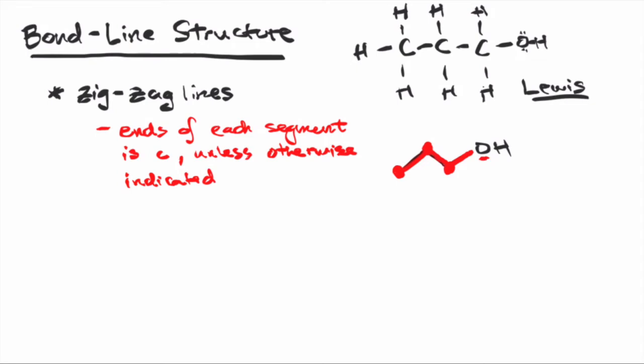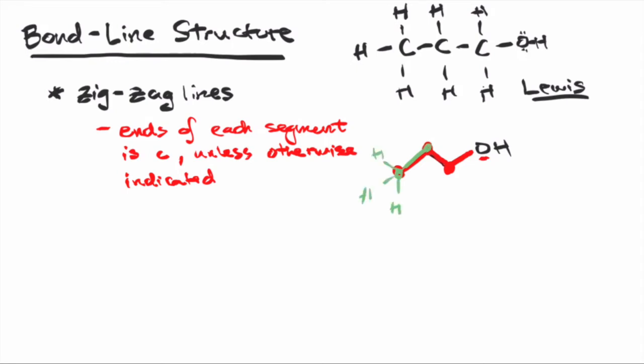Also on a bond line structure, hydrogens that are connected to carbon can be ignored and are assumed to be present. And this is why it's good to know the patterns of bonding in organic chemistry. Remember we said that carbon is tetravalent? That means it has 4 bonds, right? If we take a look at this first carbon here, it's already connected to 1 carbon, so it must be connected to 3 other bonds. So if nothing is drawn in, then you can assume that those 3 other bonds are hydrogens. So that means that that carbon is connected to 3 hydrogens, right?